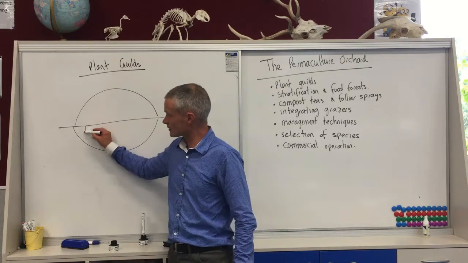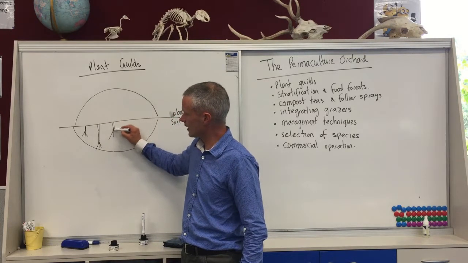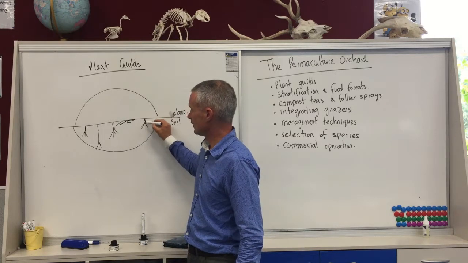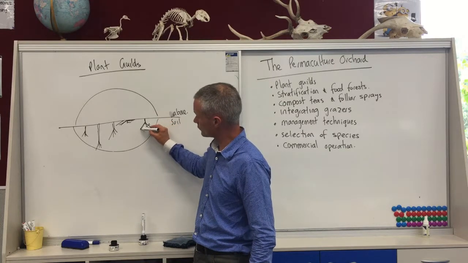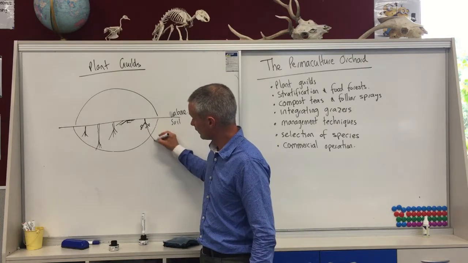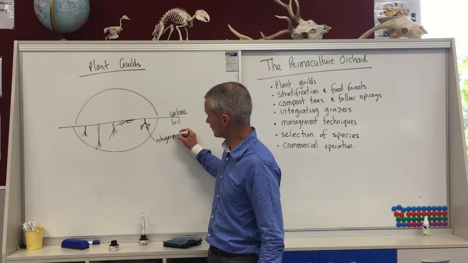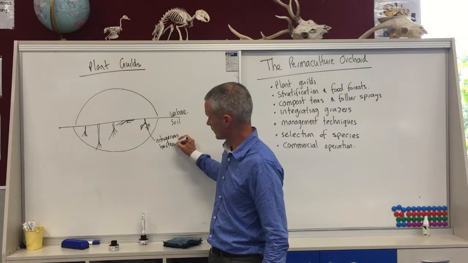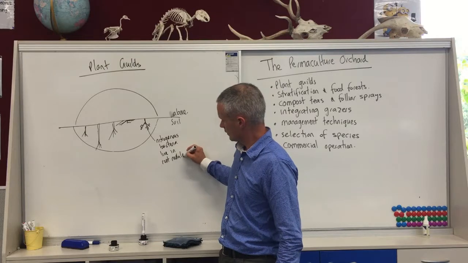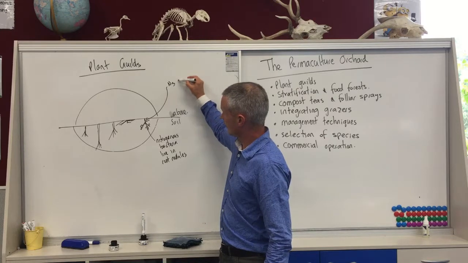So if we look at below soil, you have different plants that have different effects within the soil. So you may have plants with nodules on their roots, and these nodules act as home for nitrogen fixing bacteria, and we call these nitrogenous bacteria. And they live in the root nodules. And what they can do is they can take atmospheric nitrogen out of the air